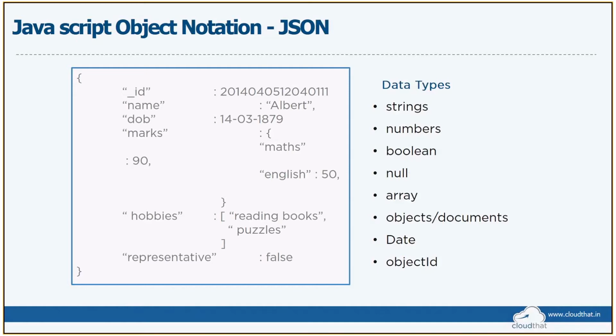There are strings, numbers, and booleans, representing true or false. Null values are also supported, although it is not advised to have null values in the database. You can have an array of multiple objects, whether strings, numbers, or documents themselves. An array of documents you can also write. Date and object ID are supported by binary JSON, and JSON also supports them right now. The object ID is the ID that we are looking at, which is a combination of the host ID, along with the name, the date and time, etc.